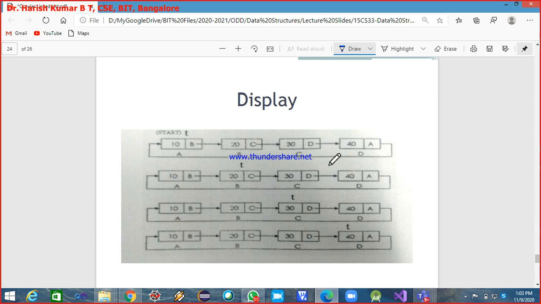D. D not equal to A, the condition is true. Again T comes here, using T I print the info field for T, and then now I check T arrow next. T arrow next is A, so the condition is false, I stop.